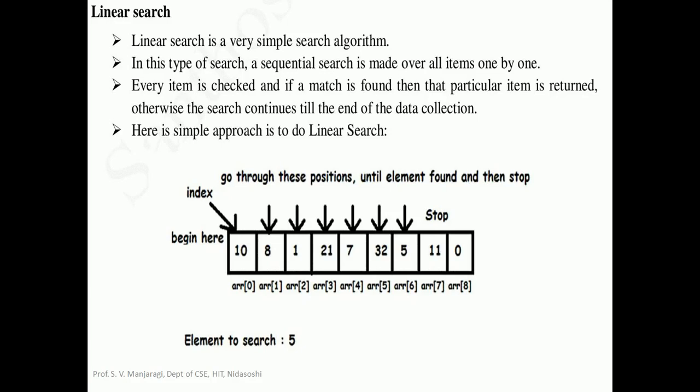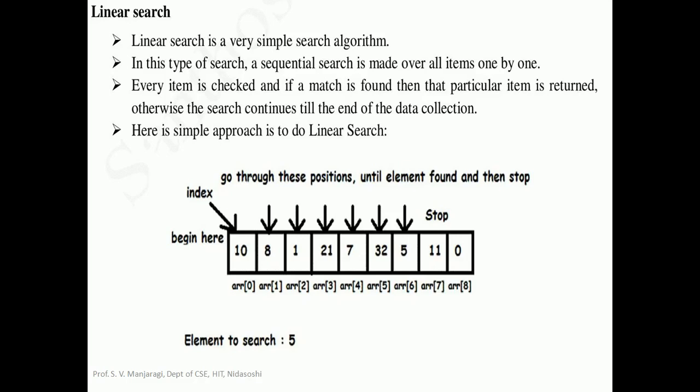First of all, let us understand what is searching. Basically, there will be a list of elements given to you. That is, an array of elements will be given to you, and there will be something called a search key. So that is the key element to be searched within the given array of elements. If the search key is found in the array, then we can say that the search is successful, and in that case we need to print where exactly that element is present in the array. That is, its position we need to print.